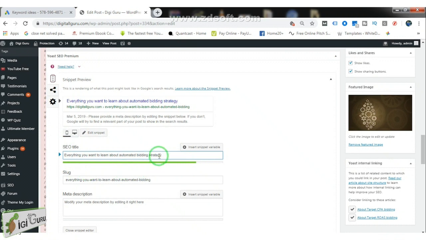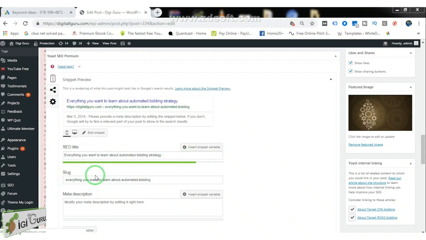While making a heading, you need to emphasize the keywords which you have searched on the keyword planner tool. The best keywords, the highly searched keywords, should be written in the SEO title, because the SEO title is the first place where crawlers come to look for your keywords. So the most valuable or important keyword should be present in our SEO title.